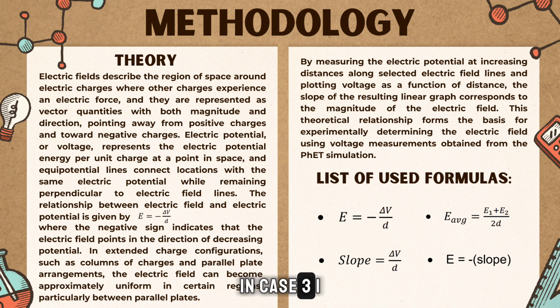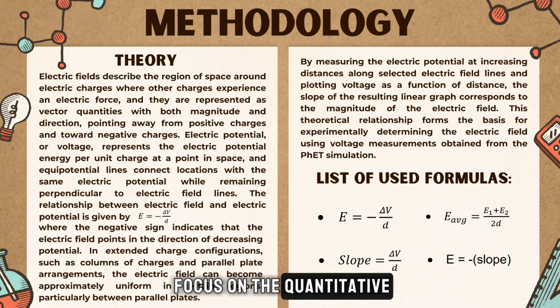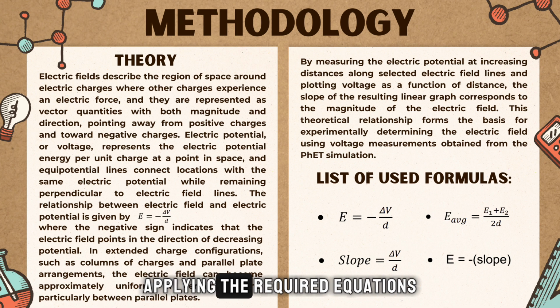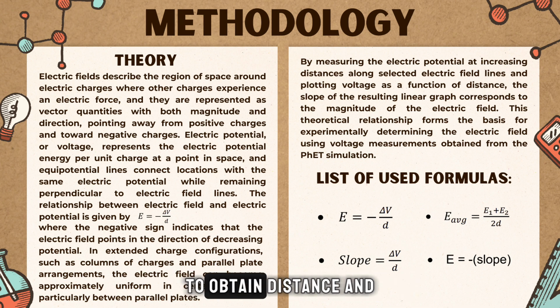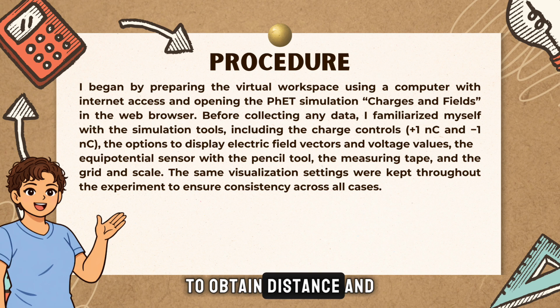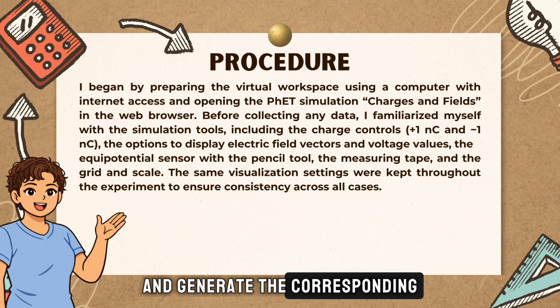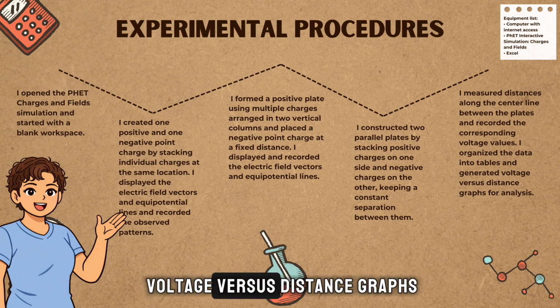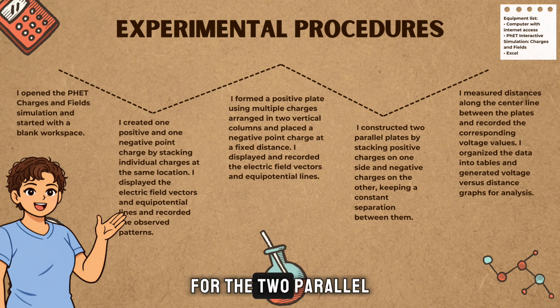In case 3, I focused on the quantitative analysis of the systems, applying the required equations and calculations to obtain distance and voltage values, complete the data table, and generate the corresponding voltage versus distance graphs for the two parallel